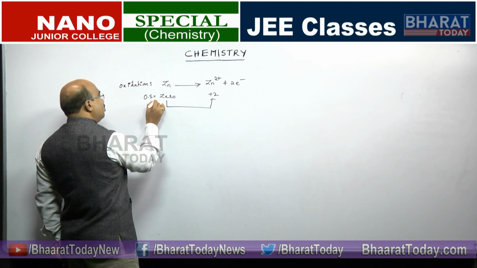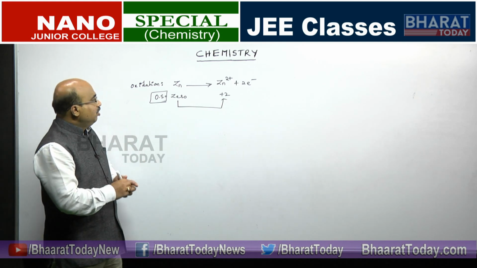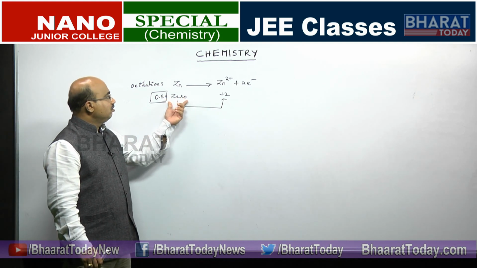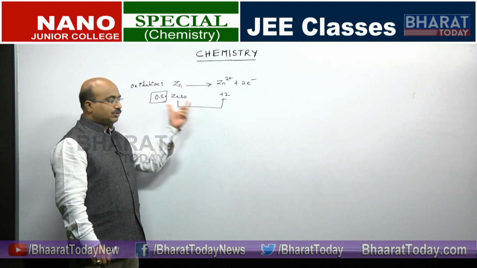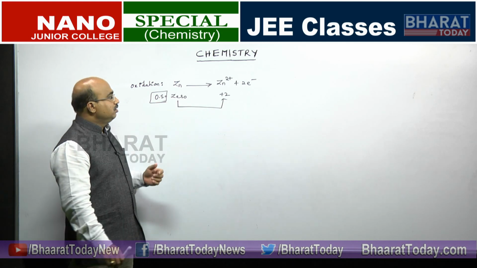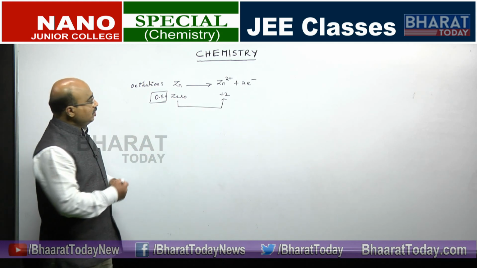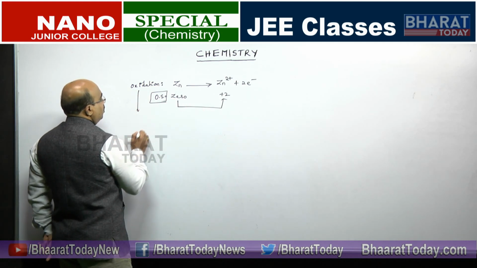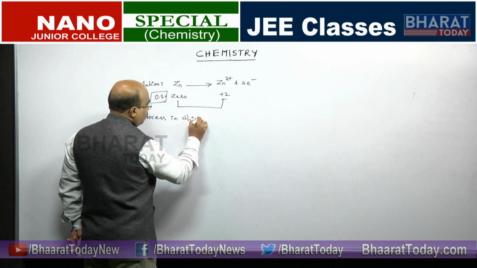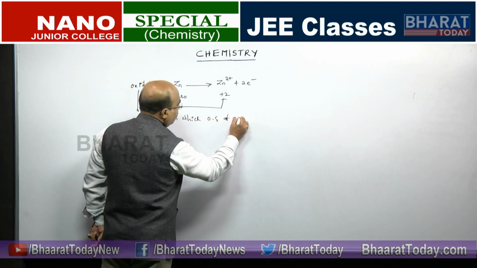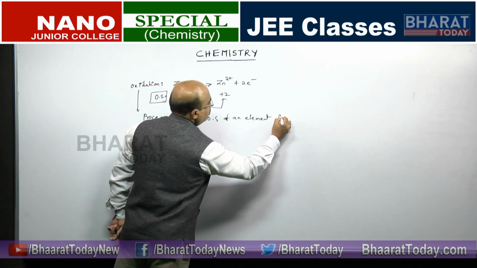So, based on the oxidation state, oxidation is defined like this: if you have a lower charge going to a higher charge, or the oxidation state of an element or an atom increases in a process, then that process is called oxidation. So, oxidation means the process in which the oxidation state of an element increases.